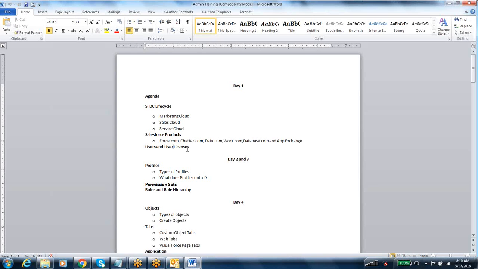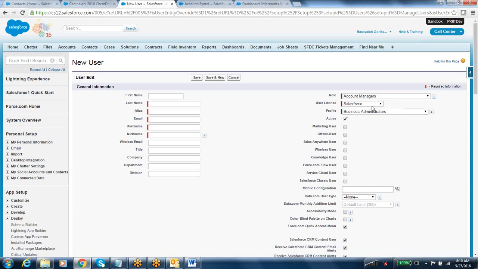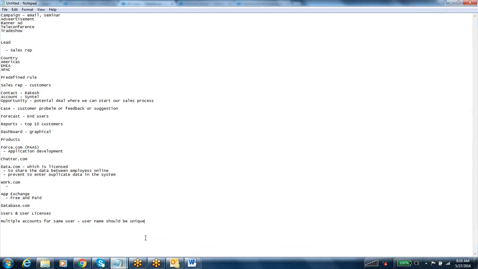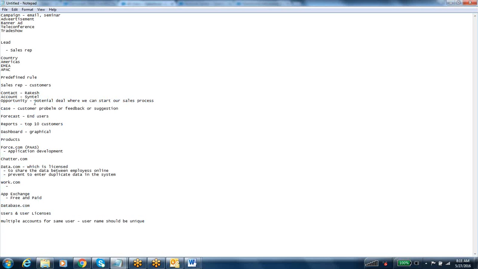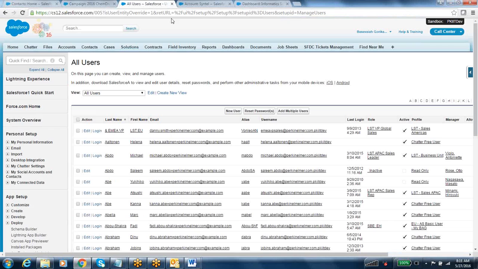What is a user license? Different types of user licenses. What are the profile and the role and everything? I'll take a look at it tomorrow. It's the first day, right? Maybe if I explain more and more, you'll get confused. First, try to understand all these terminologies, and then what the products are. I'll also send a doc, and what you will do today is sign up